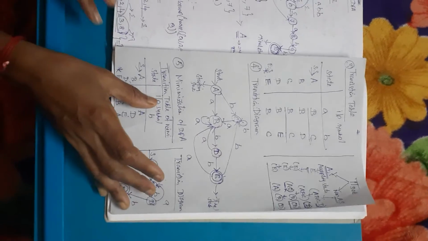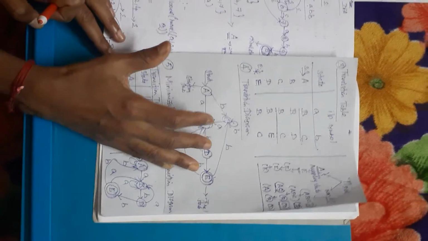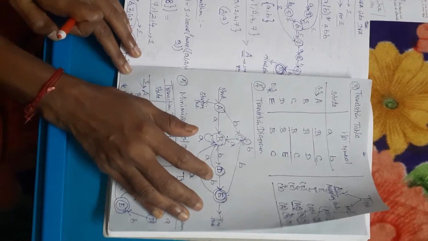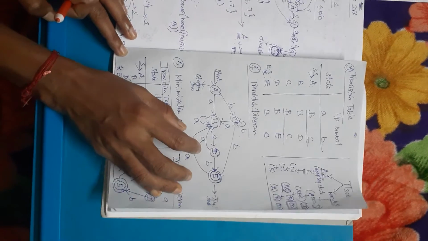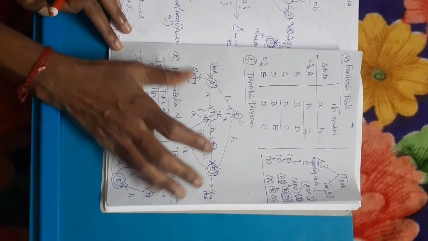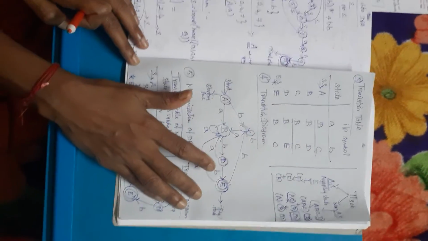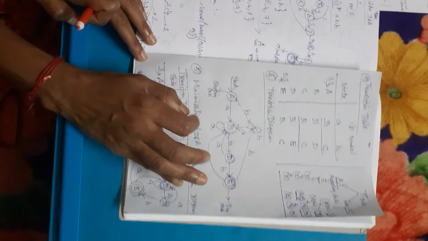Similarly, you have to solve the other problems. Use the same procedure for the other problems. So you have to check and be clear on that. You have to be clear on the construction algorithm and operations on states. The 3 operations, based on the operations and the subset construction algorithm, you have to solve the simple problem. So no need to mug up the given problem. You have to solve the problem in a clear manner.